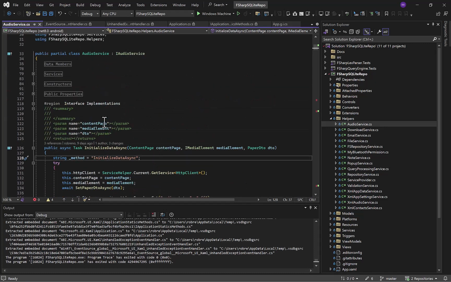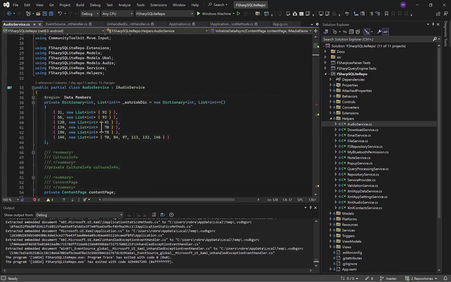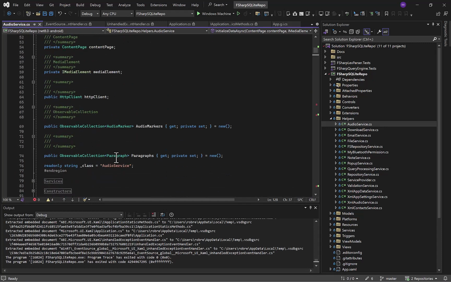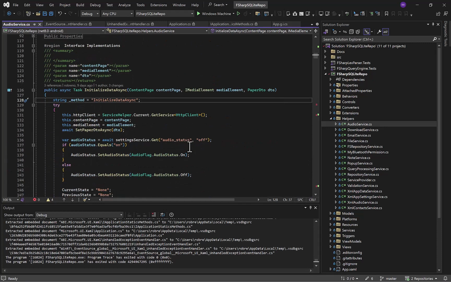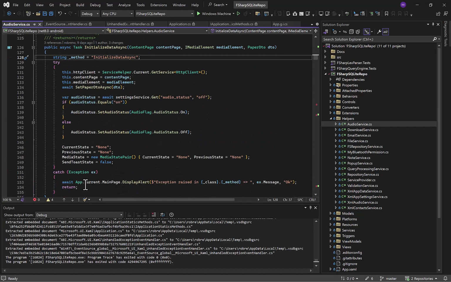I set up a string for the name of the class, audio service, set up a string for every single method, and if I fault and catch it, I put out the name of the class and the name of the method that it's happening in. So all my code is instrumented this way. So anywhere where an error happens in my code, it's going to be caught, and you're going to know exactly where it started. What's going on is behind the scenes somewhere, I'm getting this null reference or something like that